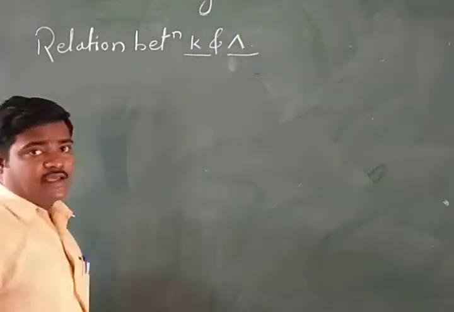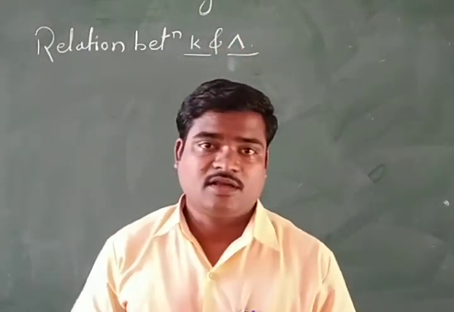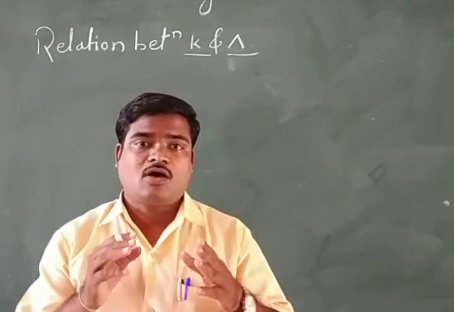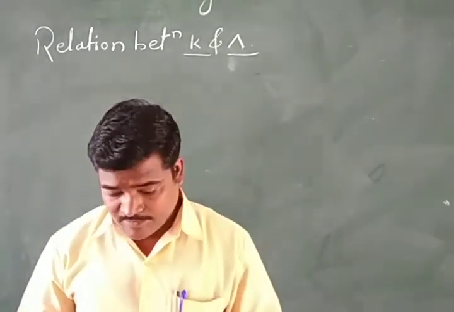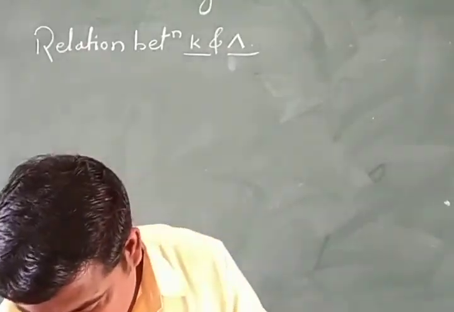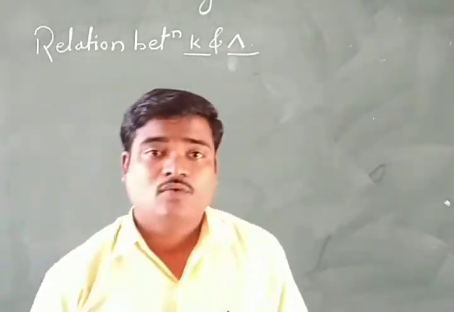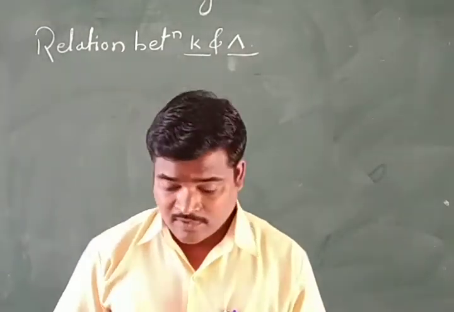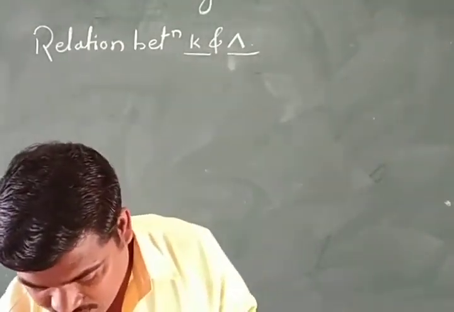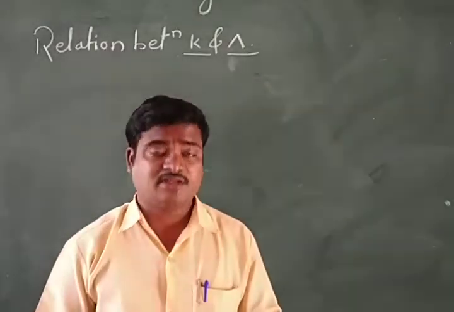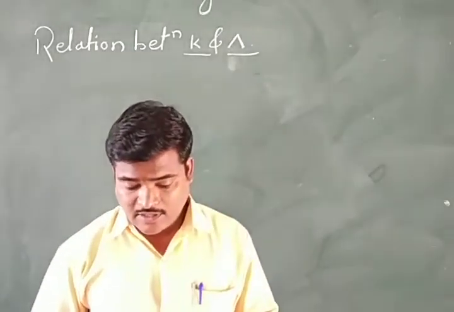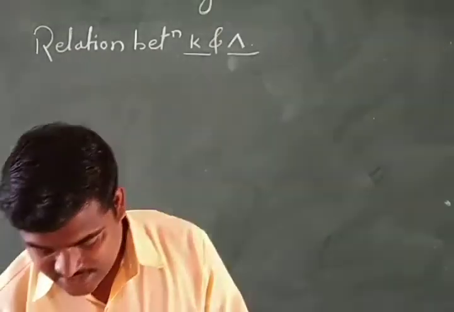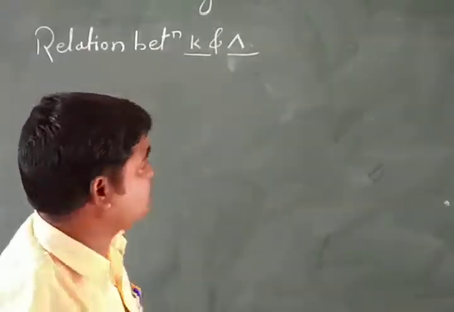What do you mean by K? K is nothing but the conductivity, and lambda is nothing but the molar conductivity. Now how can we define K? Students, K is the electrical conductance of 1 centimeter cube, that is 1 ml of solution. If V is the volume of solution in cm cube, then for the solution containing 1 mole of dissolved electrolyte, its electrical conductance is lambda.